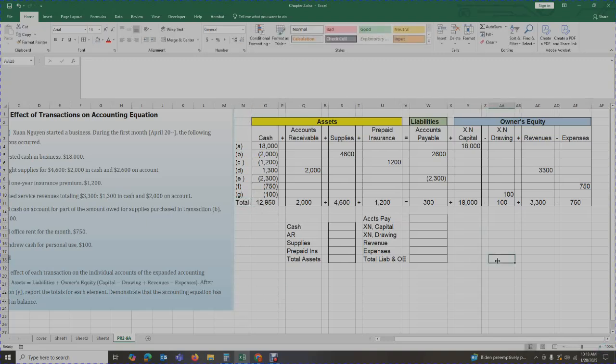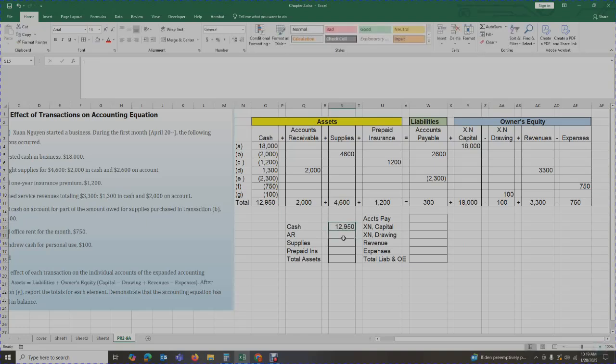So now what I'm going to do is I need to make sure that my accounting equation has remained in balance. Remember, what happens to the left side needs to equal what happens to the right side. That is the whole point of accounting, to balance. So we're going to bring in our balance for our assets. For cash, I've got